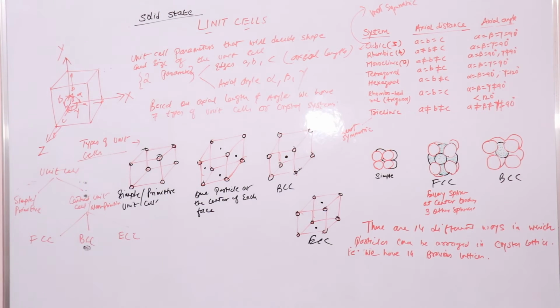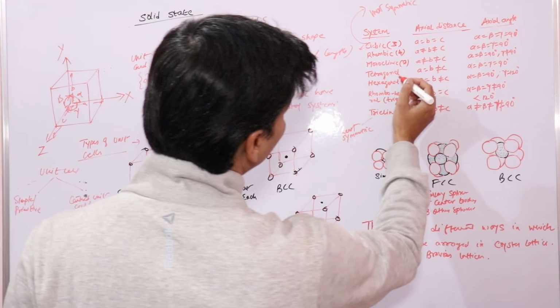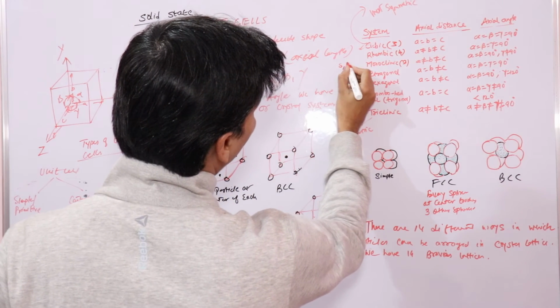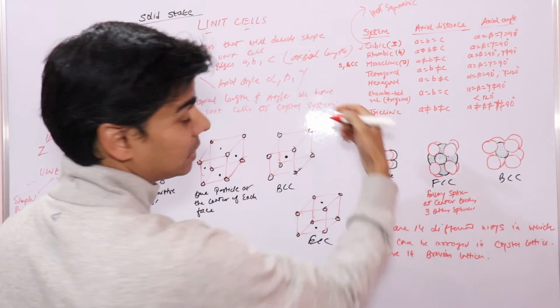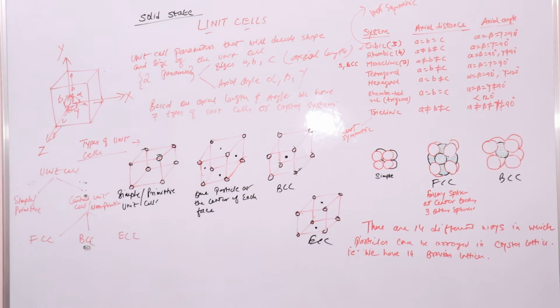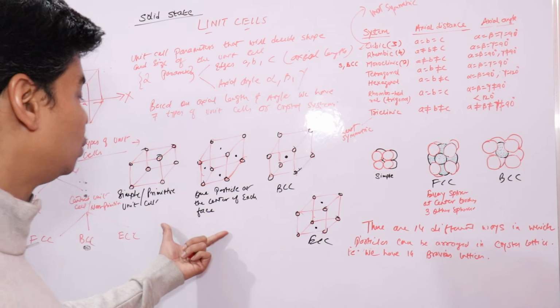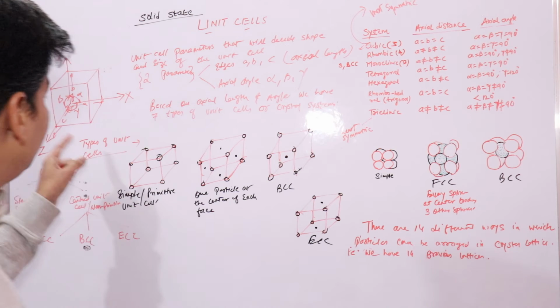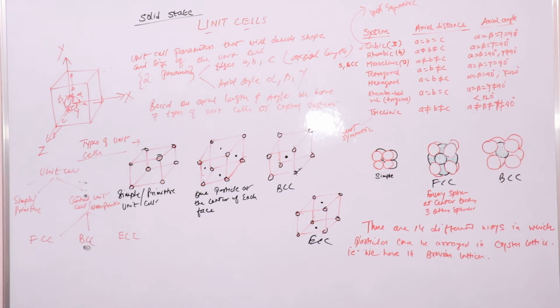Now if we talk about monoclinic crystal systems, we have 2 types of arrangements, that is, 2 ways in which particles can be arranged. We have simple and body centered. In the case of monoclinic, we have simple, and BCC. S I'm writing for simple, and BCC is body centered. So monoclinic has 2 unit cells that can be drawn. That means we have 2 types of crystal lattices that belong to monoclinic crystal systems.